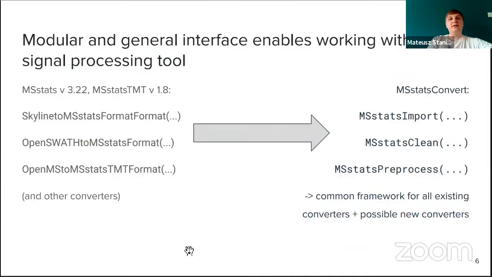So to help with that, we created a new package called MSstatsConvert, which creates a kind of an abstraction of the process of converting arbitrary data to the format that MSstats can use. As you can see, before we had many specific converters, and we kept all of them. So all of those functions are still available, basically with the same parameter set and same interface. But we also added some more general tools